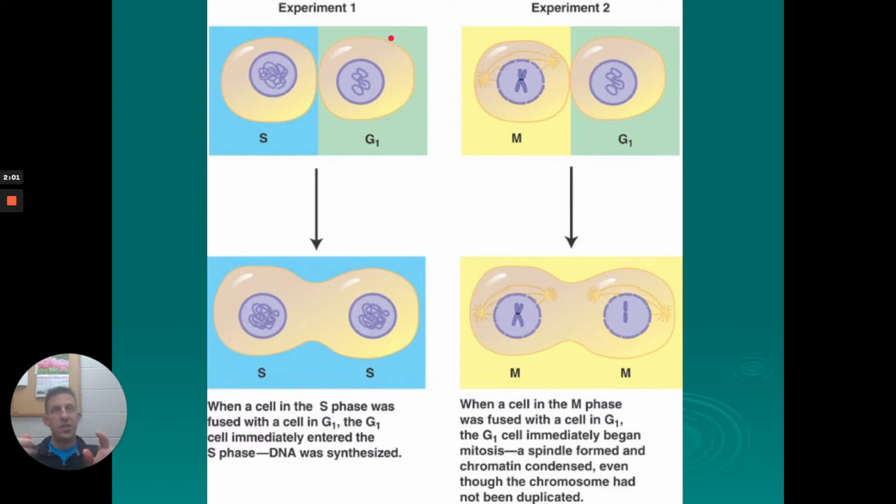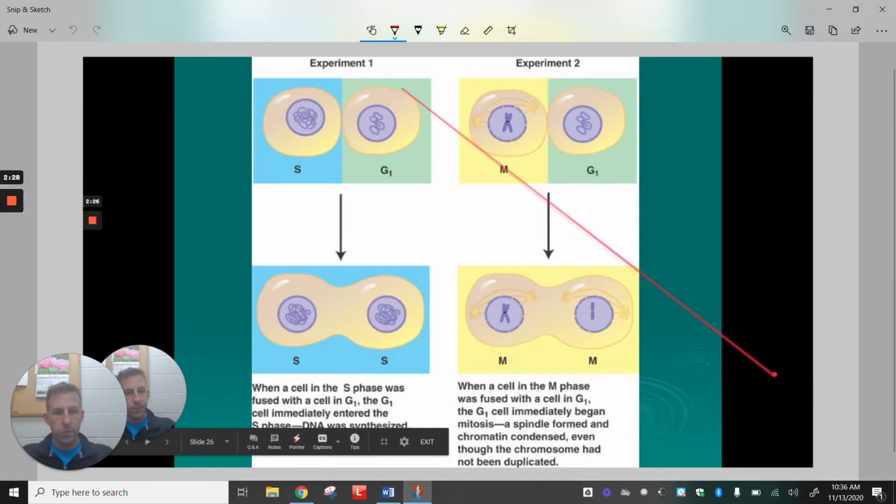Okay, so the G1 phase is one phase prior to the synthesis phase, right? And so we're going to see what happens, and we're going to fuse the two plasma membranes, and basically what that's going to do is cause them to share their cytoplasm. Okay, and so let me bring up a copy of this so that I can write on it a little bit. And what you'll notice is that when we fuse these cell membranes,